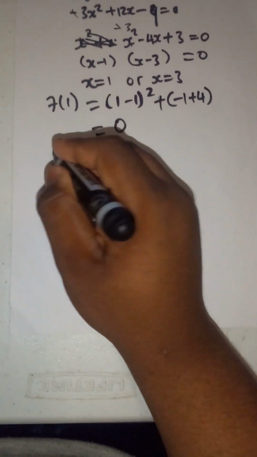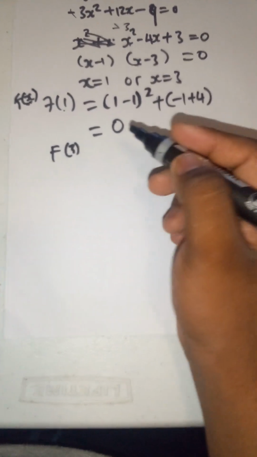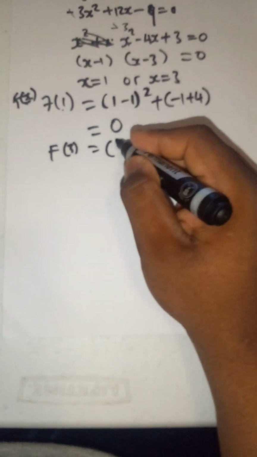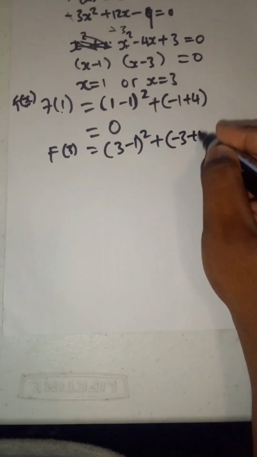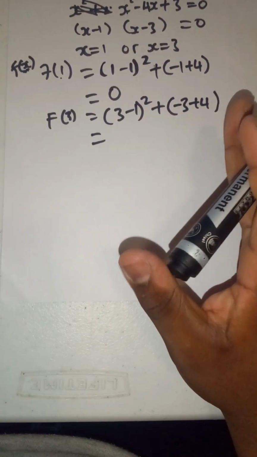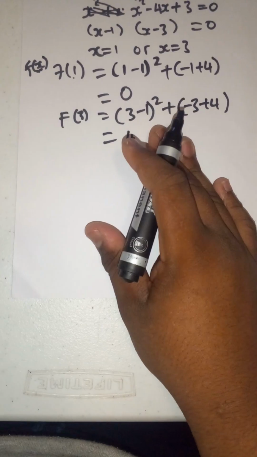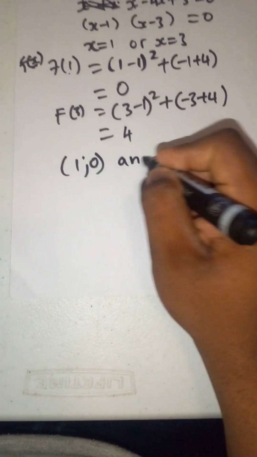And then let's check f of 3. It is the same as f of x. Where there is x, I put the x values I got. So now this will be what? 3 minus 1 squared plus negative 3 plus 4, which will give me what? 4. So now it basically means the turning points are 1 and 0, and